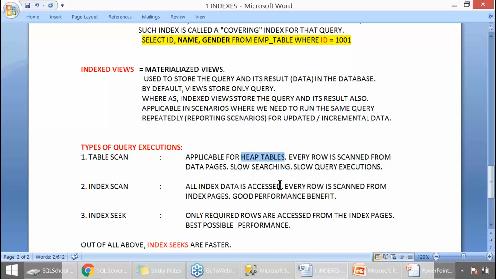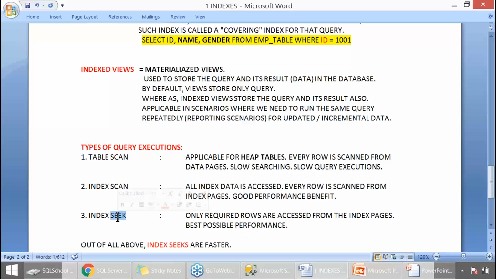Heap table means tables without any index. Every row is scanned from database. Slow searching activity, slow query executions. Compared to table scan, index scan is better. All index data is accessed. Every row is scanned from index page, and better performance benefits.